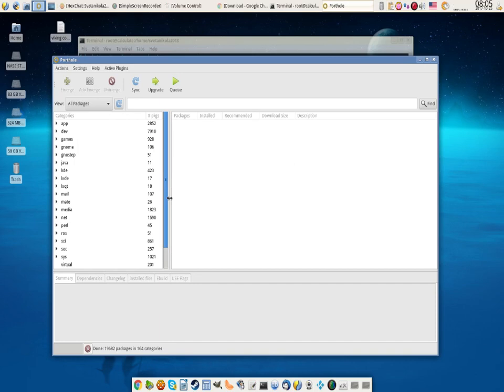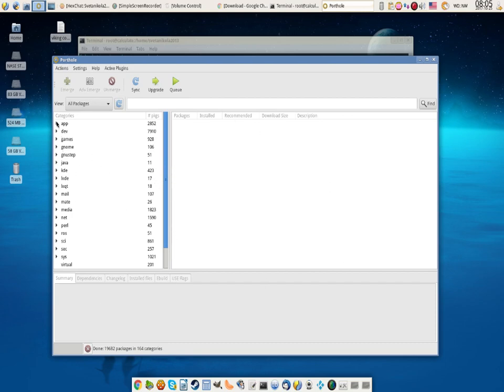Porthole. If you look at some other distributions, they have a different graphical user interface for packaging and for installing your software and updates. Porthole resembles a lot, if some of you know, the Slackware graphical user interface. I'm not sure what it's called, gslapt or slapget or something like that, but it resembles it a lot, just visually.